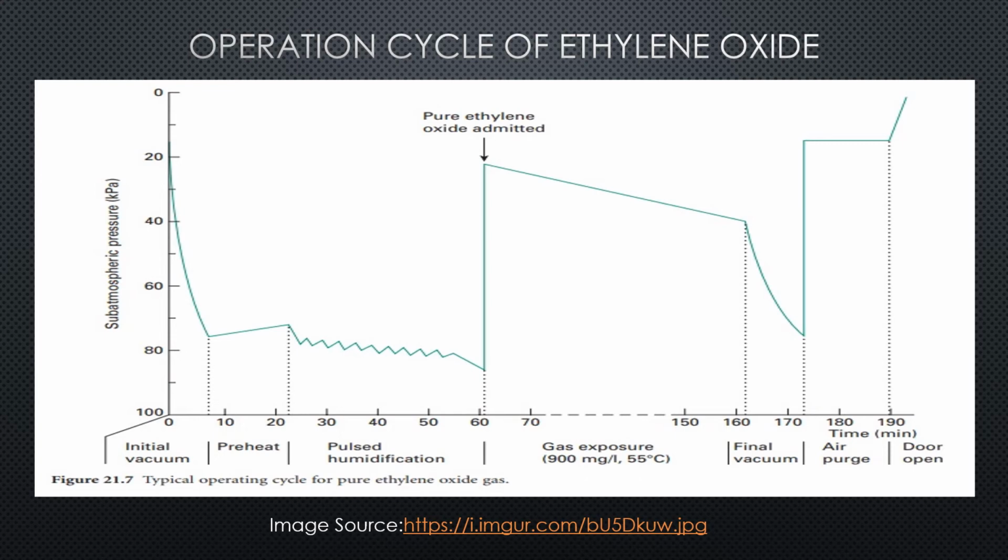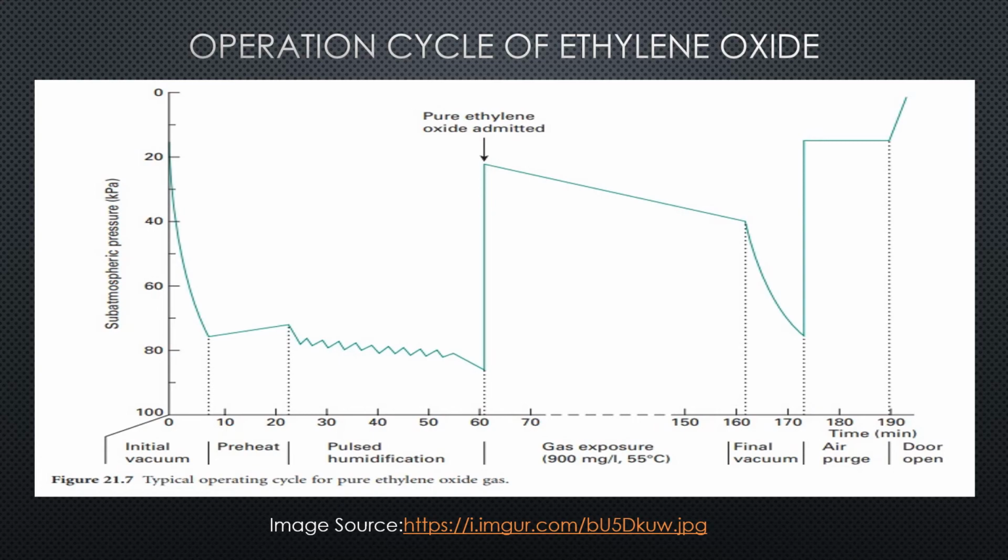Sterilized articles are removed directly from the chamber and arranged as per the description. The operation of an ethylene oxide sterilizer is controlled automatically. It will be operating completely automatically. No manual feeding or removal is done because the gas is very carcinogenic or mutagenic in nature. To avoid this, the complete automation of this sterilization cycle is done.